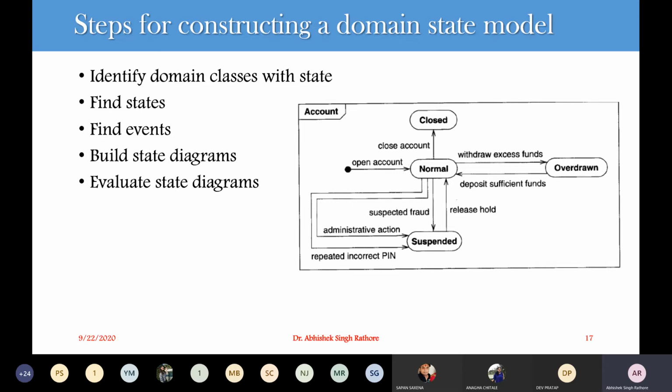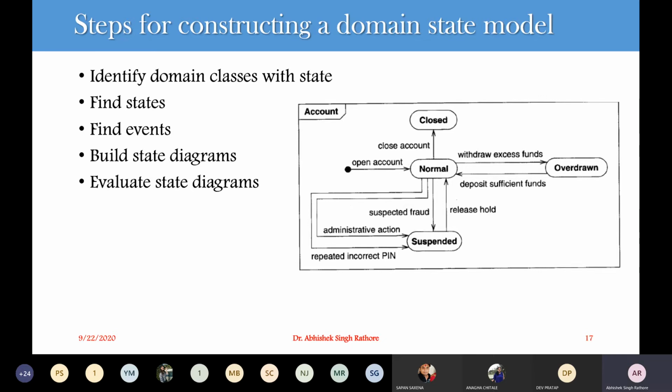Now after identifying the classes that have states, we have to list down each state for each class. So we have to characterize the objects in each class. When we are considering the states for particular objects, we have attribute values that are associated with particular objects, and we have some associations that may participate in your multiplicity. So we have to identify the different states.